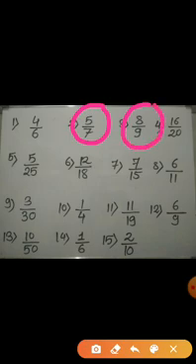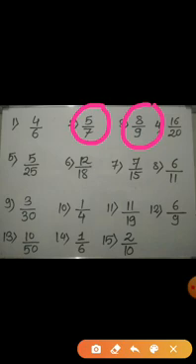The fourth fraction given is 16 upon 20. The common factors of 16 and 20 are 1, 2 and 4. Since they have more than one common factor, this fraction is not in its simplest form. So I am not going to circle this fraction. See the fifth fraction. It is 5 upon 25. Again, 5 and 25 have more than one common factor. They have 1 and 5. It means this fraction is also not in its simplest form.